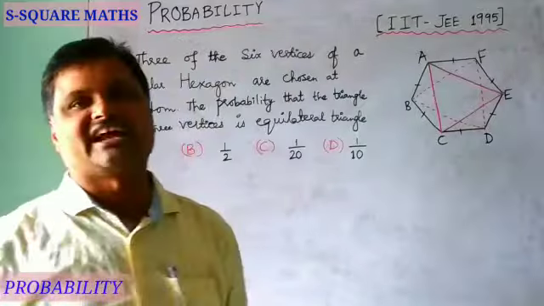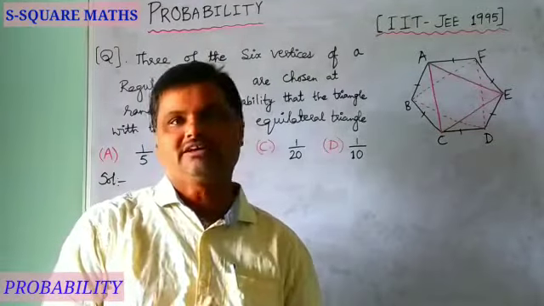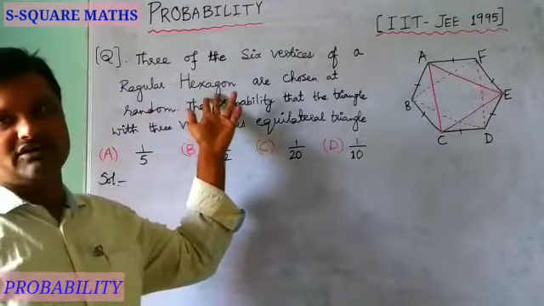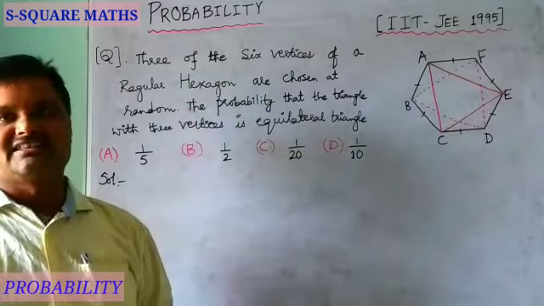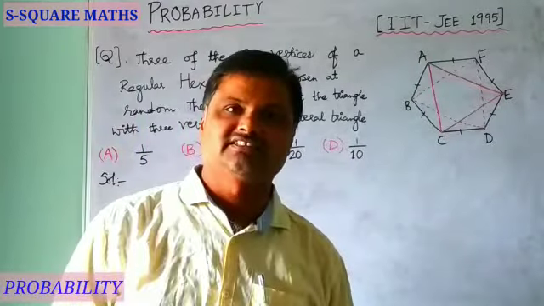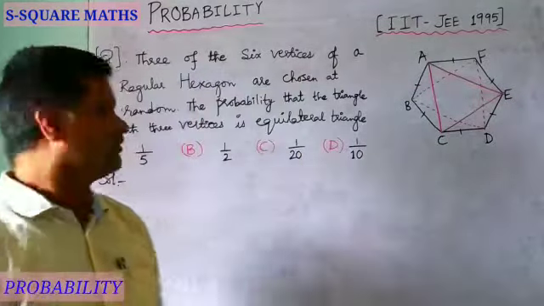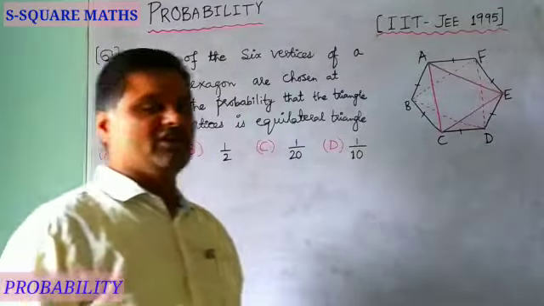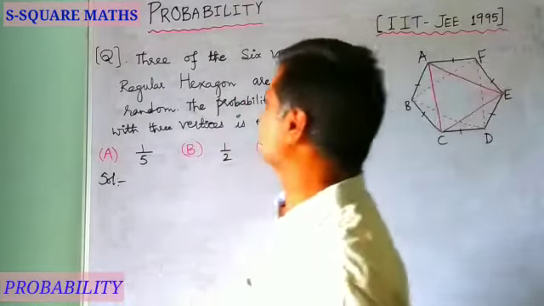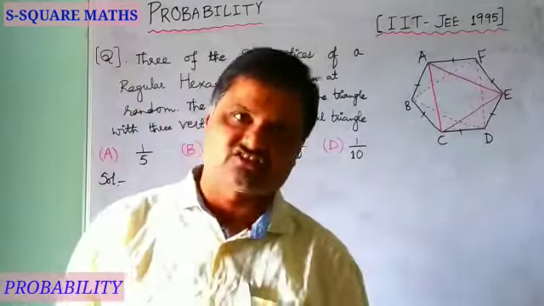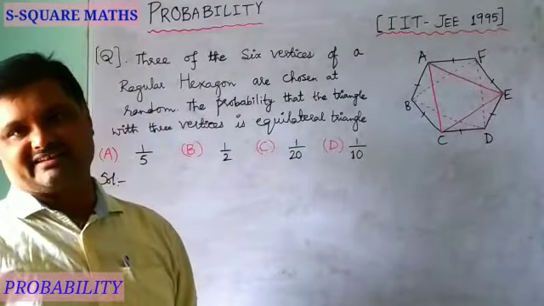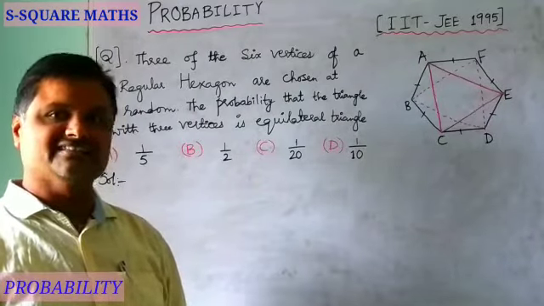Before starting this problem, you should know the basic concepts of geometry. First of all, what is a hexagon? A polygon with 6 sides is said to be a hexagon. But it is given as a regular hexagon. Regular in the sense that the sides are equal and each angle is the same. So a regular hexagon is a polygon in which all the sides are equal and each angle is the same. And you know very well that in an equilateral triangle, all sides are equal and each angle of the triangle is 60 degrees.